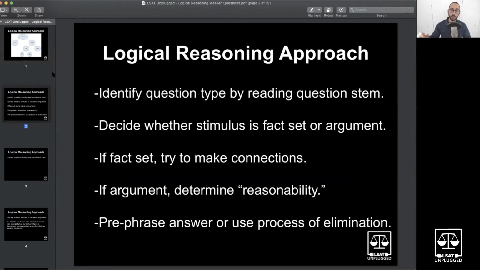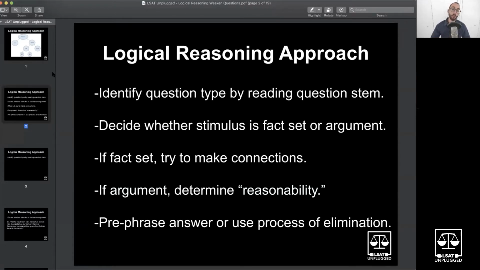The approach: you ID the question type by reading the question stem. You decide, is it a fact set or an argument? If it's a fact set, meaning that inference category, oftentimes you're simply looking to make connections if possible. If it's an argument, you determine the reasonableness of the argument, engaging in a real-world sense. In many cases, not always, but many times, you can prephrase the answer or use process of elimination. Prephrasing means predicting, so you articulate the answer for yourself without even looking at the choices, having a general idea of where it might go,